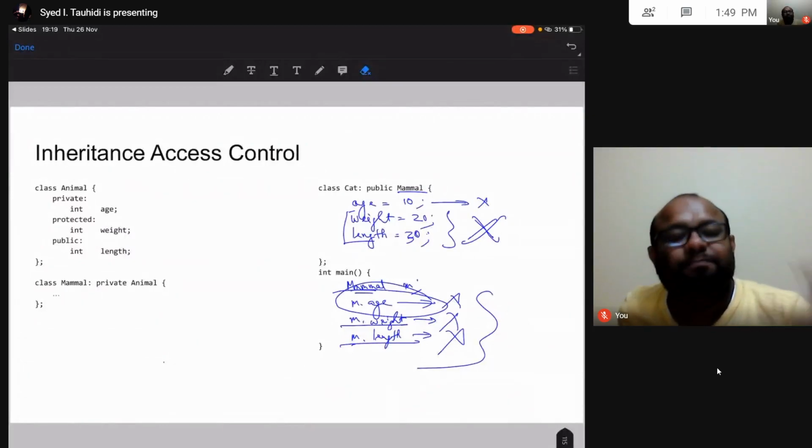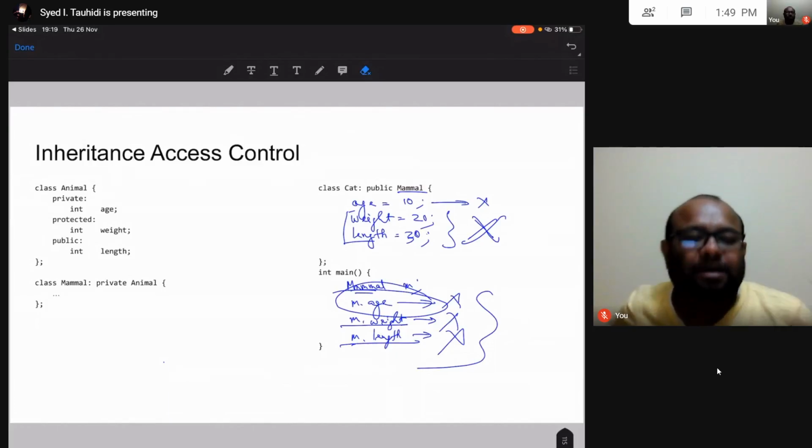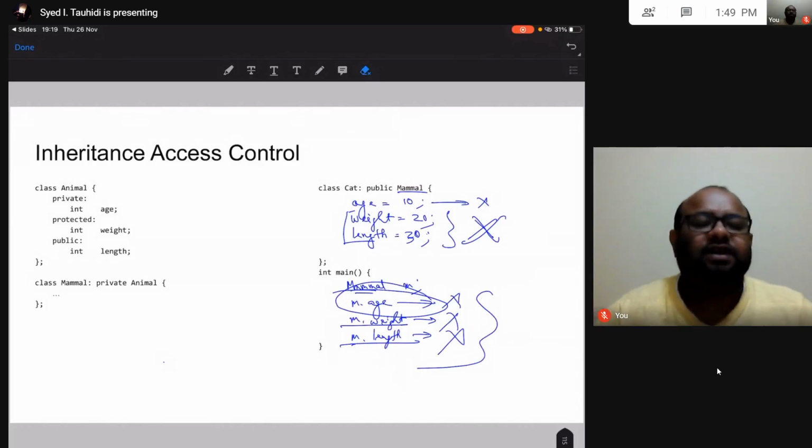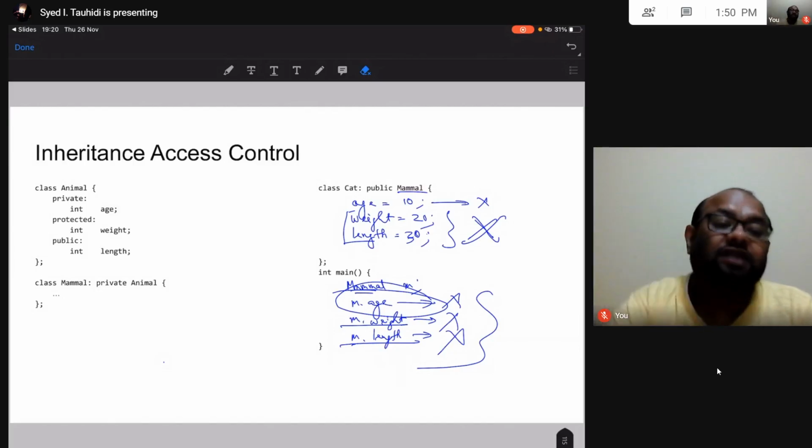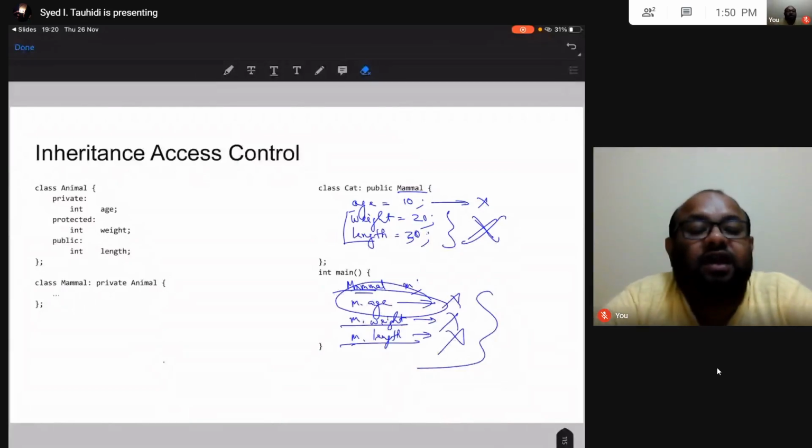These are private data attributes of mammal class. In my methods of mammal class, I can access the private data attributes of mammal class, right? Like in animal class, I can write a method that can access age. In the same way, in mammal class, I can write a method that can access weight and length, because weight and length are now private in mammal class. Unlike animal, which is not accessible. Therefore I cannot access animal at all in my mammal class, but I can access weight and length. These are private attributes of the mammal class that we inherit from animal class.